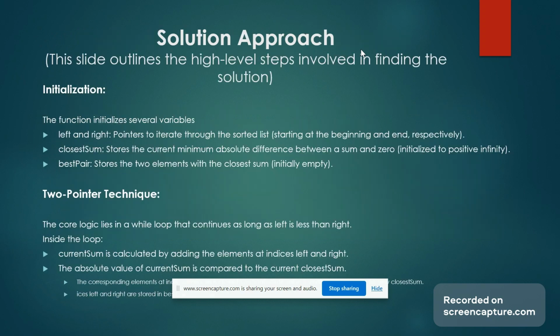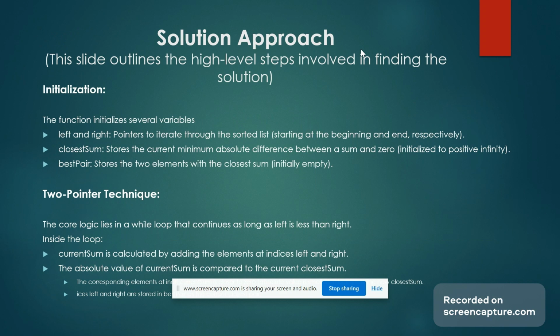So for this particular problem, let's see how we can approach. We can use a function called find closest sum pair that tackles the problem of finding the two elements in a list whose sum is closest to zero. So here is the breakdown. First part is initializing, wherein the function that we have mentioned initializes several variables. For example,